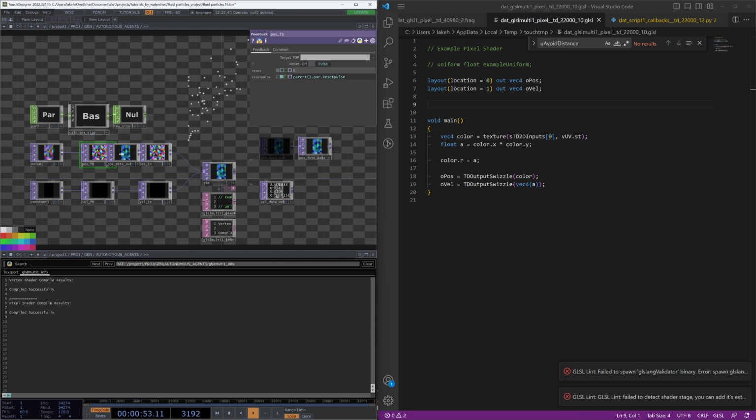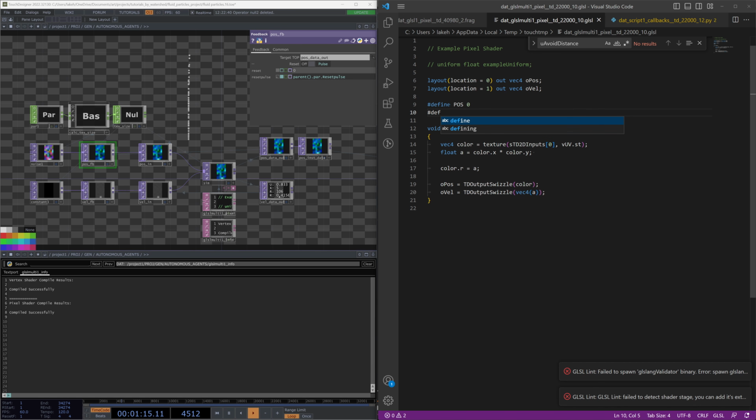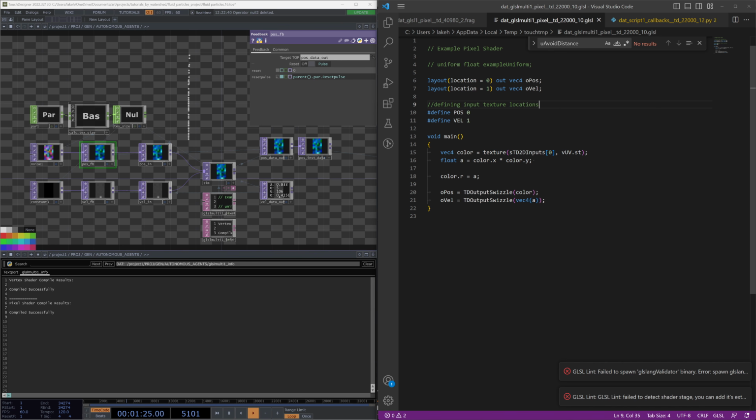We should drop our pose data and vel data onto our feedbacks so that we actually have our feedback loop working. And now we go back to our code and we can start to build up to our agents. So one thing I'm going to do first is define pose as just the number 0 and define all caps vel as the number 1. This is just going to be defining input texture locations, which will allow us to easily reference those input textures